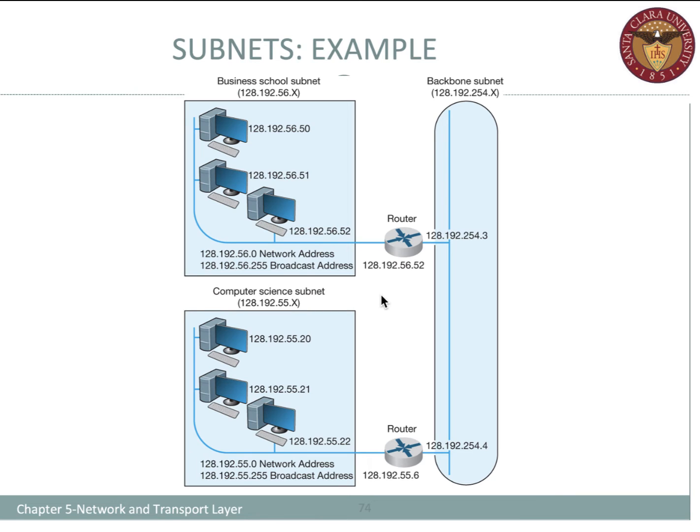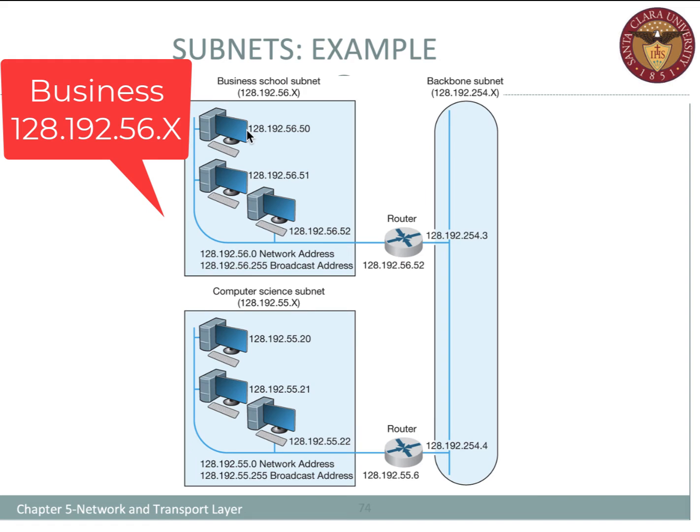For example, suppose a university has just received a set of Class B addresses starting with 128.192. It is customary to assign all the computers in the same local area network numbers that start with the same first 3 digits. So, the business school local area network might be assigned